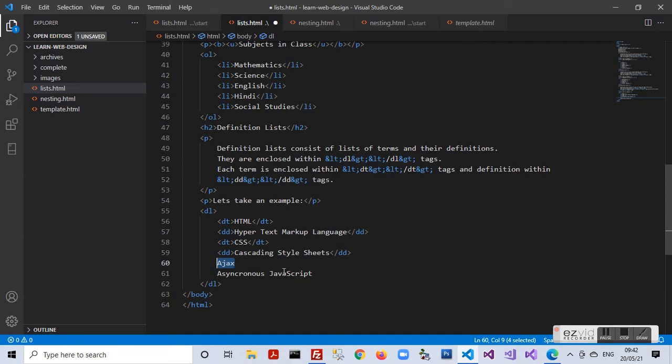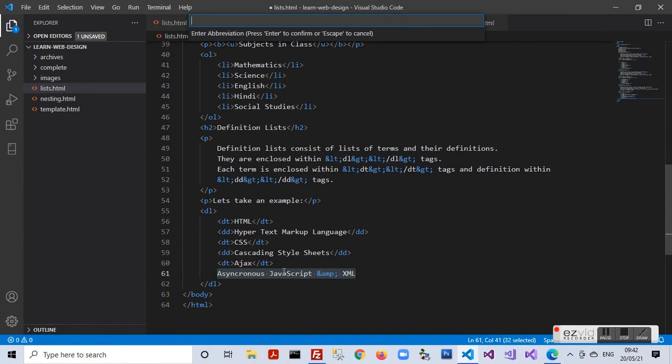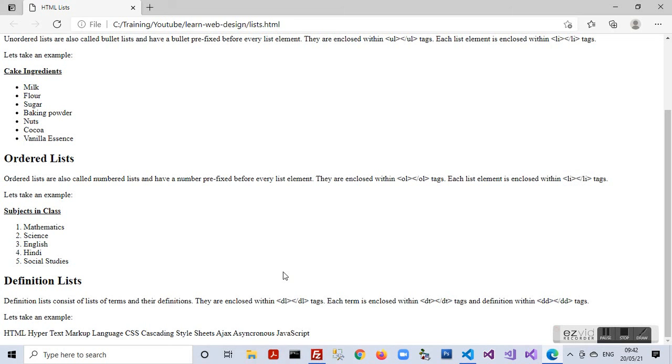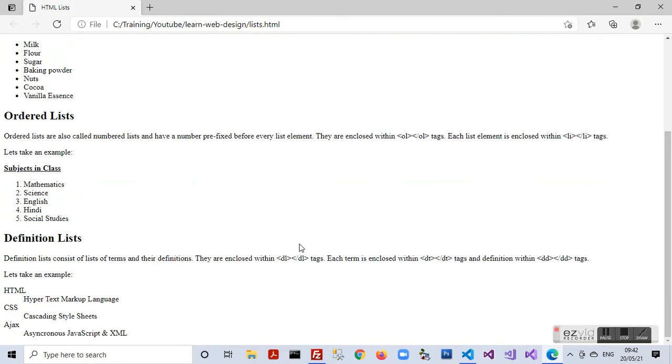Ajax under DT, term, and asynchronous JavaScript and XML. So this is the definition of the previous term, so under DD. So here we have the terms and their definitions listed one after the other, and we save this particular list. We move to the browser, we refresh it, and we see the effect of the definition list.